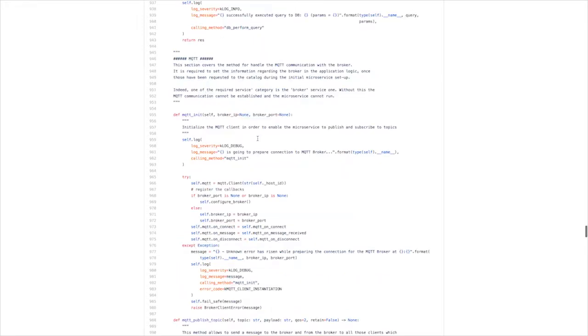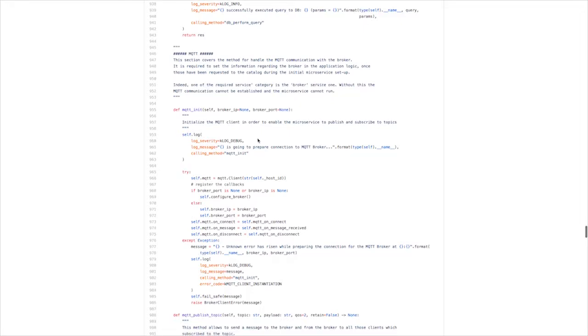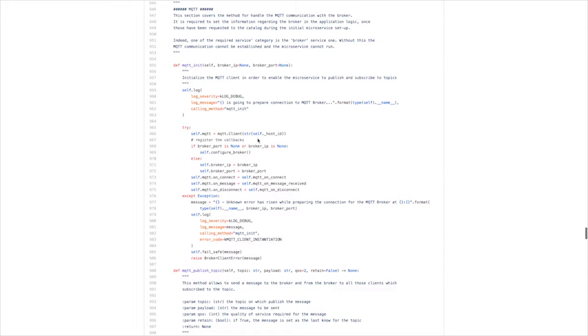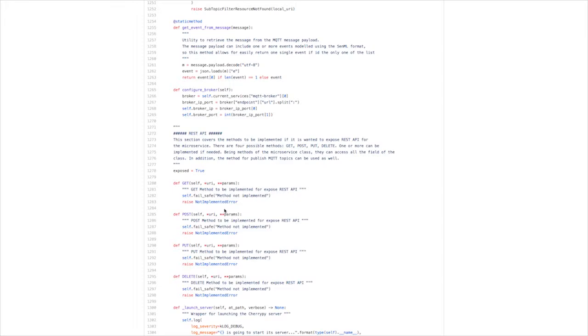Then we have the MQTT part. As well, here we can initialize and start the microservice MQTT client. We have the possibility to publish and subscribe. We have the possibility to set the callbacks and so on. Everything is provided to the developer in order to take this class and develop their own microservice. We have our MQTT on connect service, as you can see. And then finally, we have the REST API part, so we can expose API using get, post, put, and delete